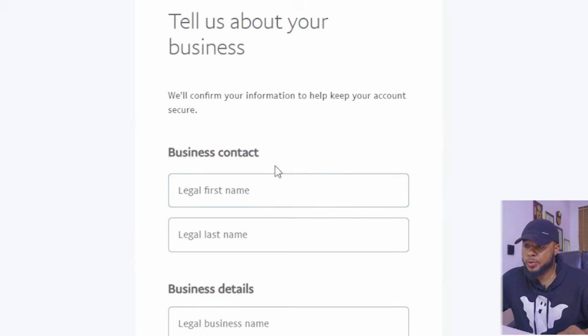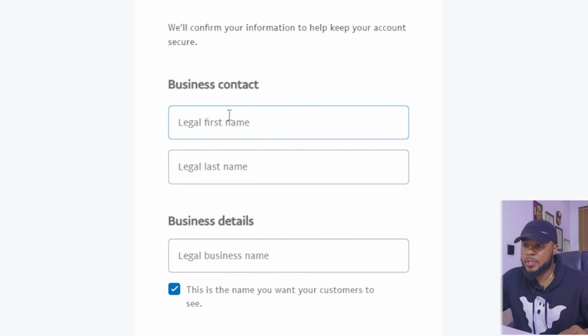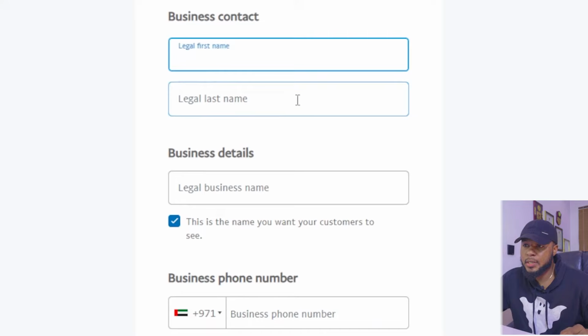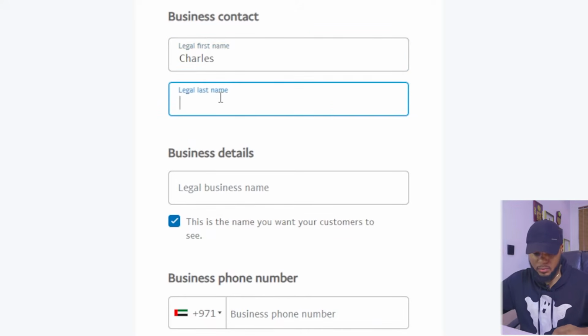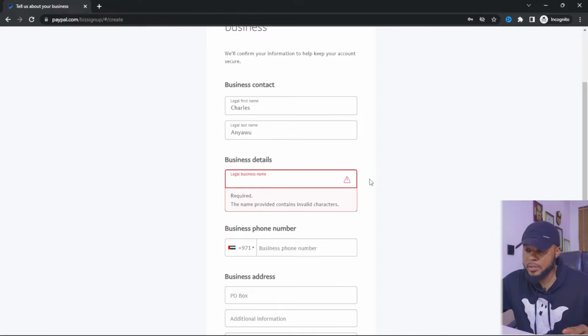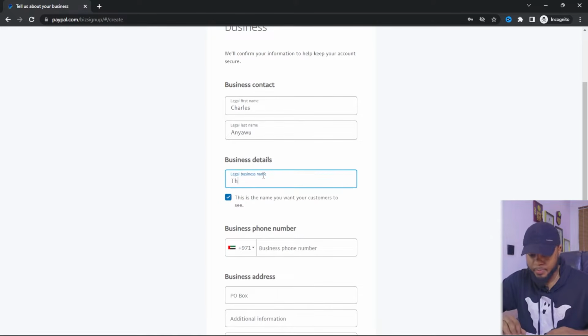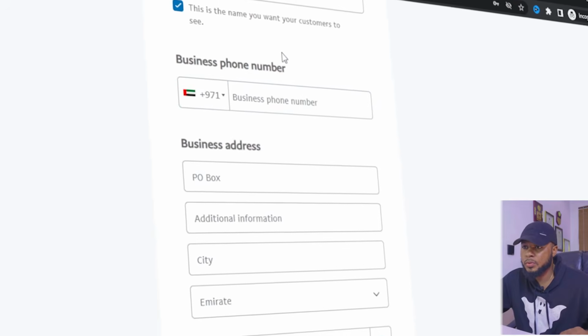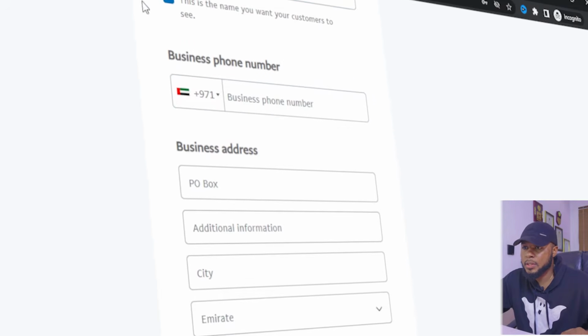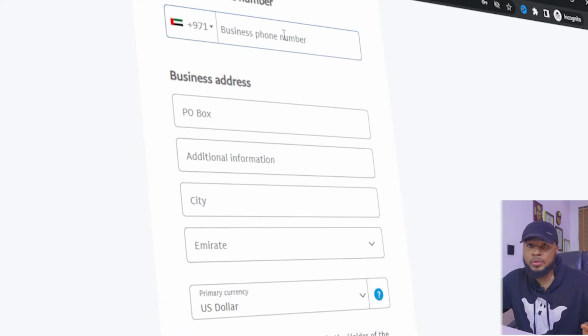So here you're going to choose your name, input your business contact, put your legal first name and legal last name. So in my case, it's Charles. So here you put your business name. It could be anything. Put your business name here. I'm just using this for this tutorial. And then the ultimate masterclass, this is the name you want your customers to see. And then here you choose your